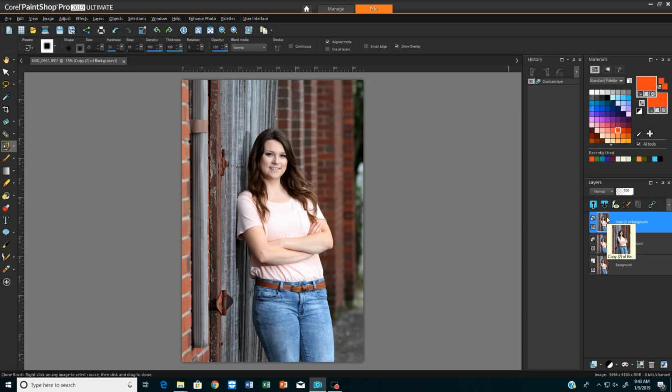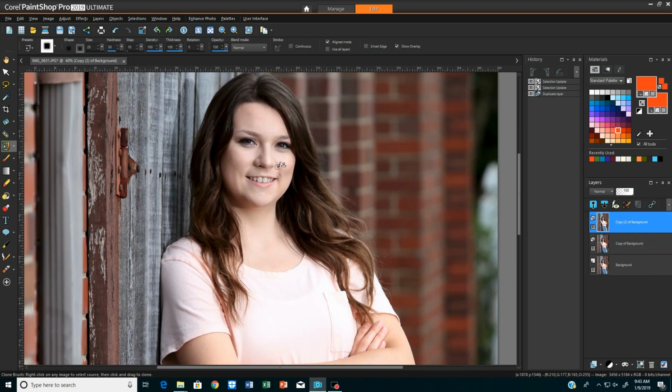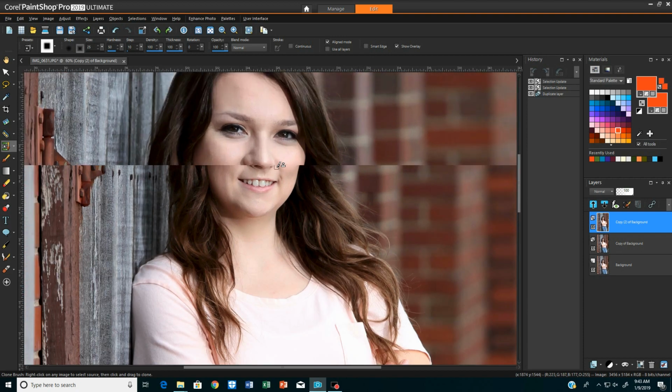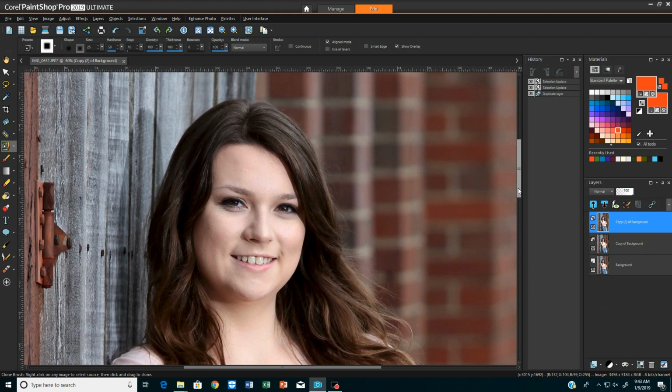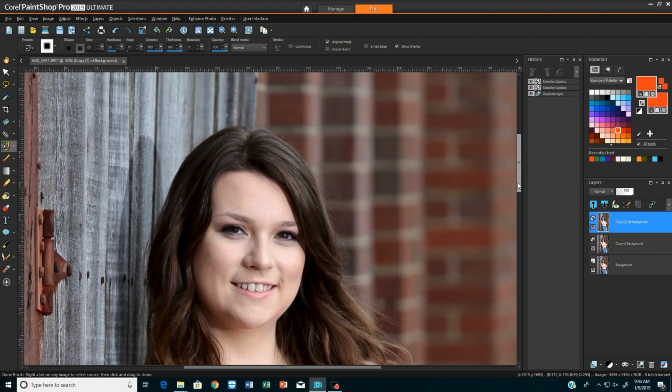So at this point, what I want to do is zoom in. I'm on the third layer. This layer is highlighted in blue, and that tells me I'm working on this layer. If I click on layer number 2, I'm working on that layer. Let's go back to the top layer. So I'm going to zoom, and all these layers are zooming at the same time. As long as you don't move a layer, it stays over top of itself. And I'll show you in just a moment why that is a good thing.